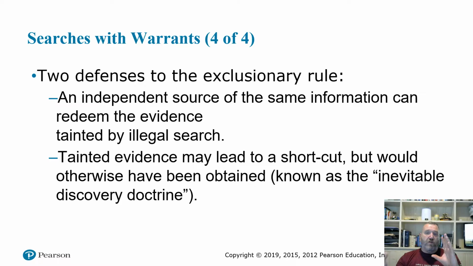There's also one known as inevitable discovery. Inevitable discovery is something that would have been found no matter what. Let's say we're going back to the shotgun rule, and instead of it being a small box, let's say I found something in a closet when I was looking for the shotgun, but it wasn't the shotgun, it was something else, maybe drugs. And they say, no, you were looking in the wrong place. Well, you could also say, inevitably I would have opened that closet door looking for that shotgun.